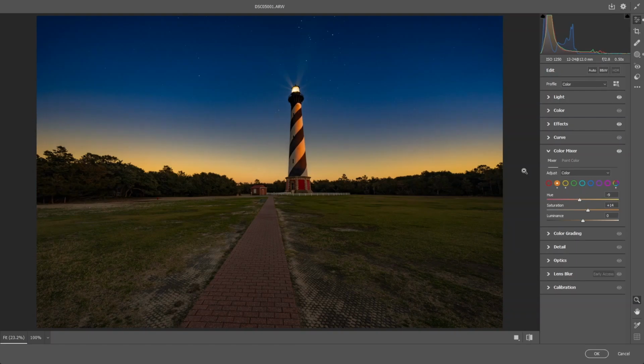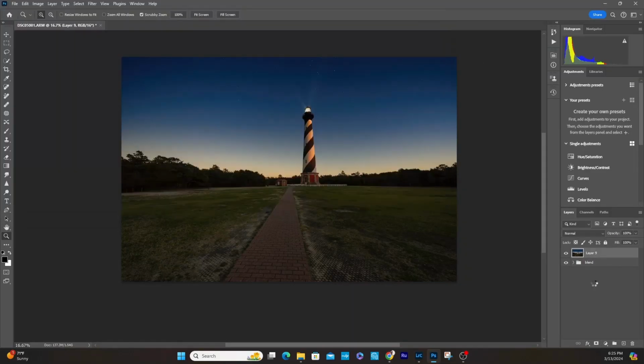Now if you hit the backslash key, you can see our before. So we went from there to there. So I think a pretty big adjustment. And I don't think we did anything too crazy. We tried to keep everything a little subtle. Maybe we got a little too much golden light on the lighthouse here, but I think it's okay. We can also bring some of that down